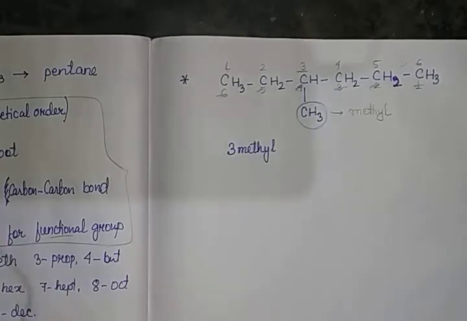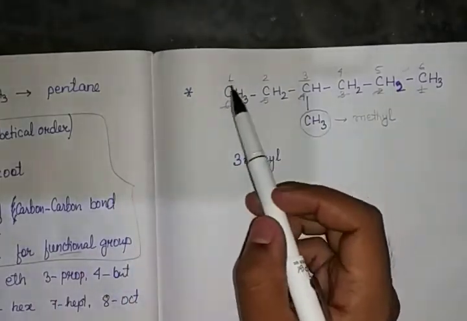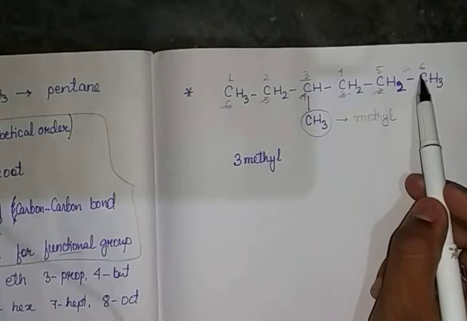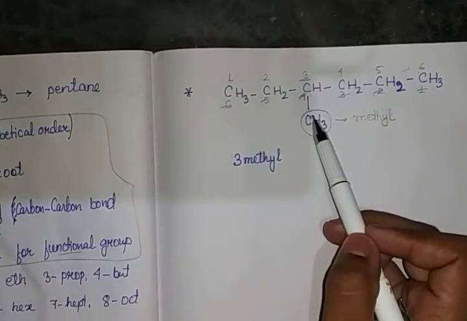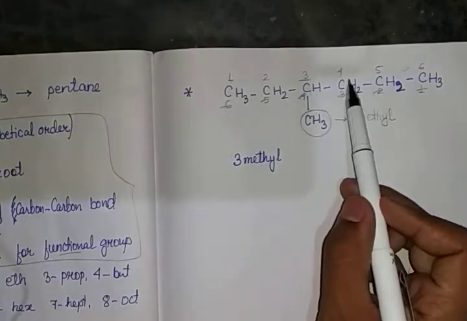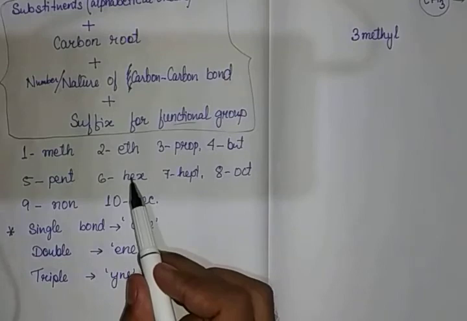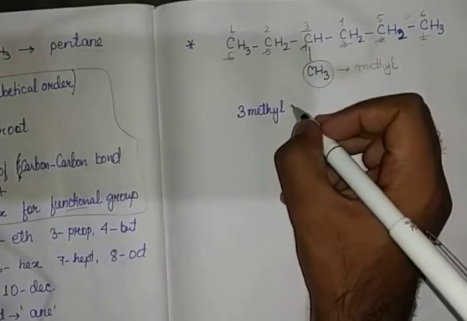3-methyl. After that, what is it? Carbon root. Then total, we have to see how many carbons are present in the straight chain. Not this carbon. We are not considering this one. We have to consider this one. 1, 2, 3, 4, 5, 6. Then when 6 carbons are present, what we need to write? Hex. Then here we have to write